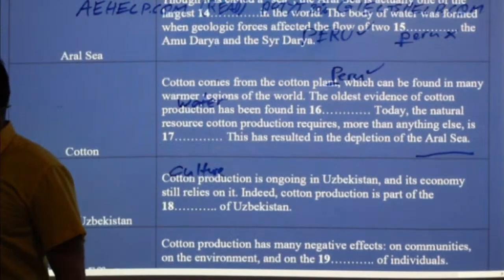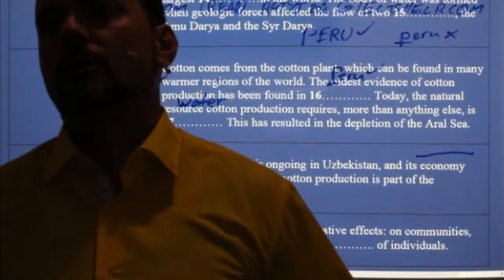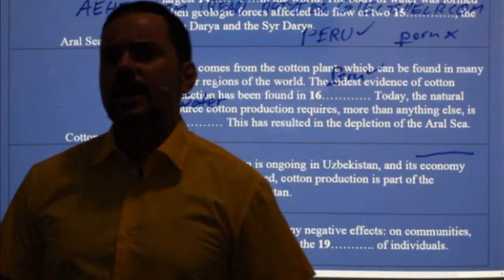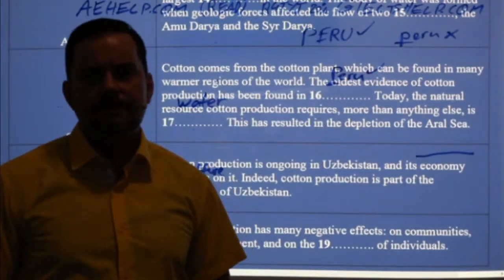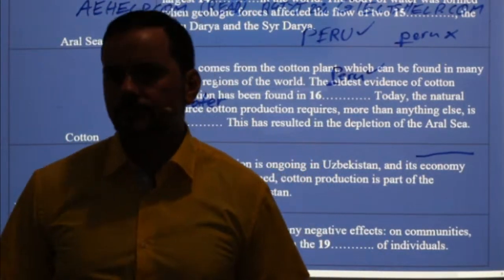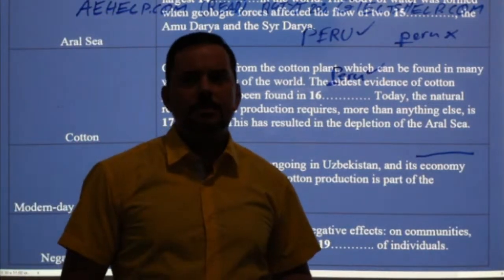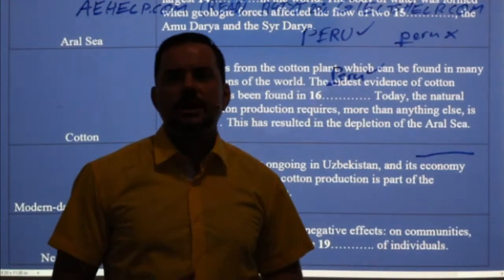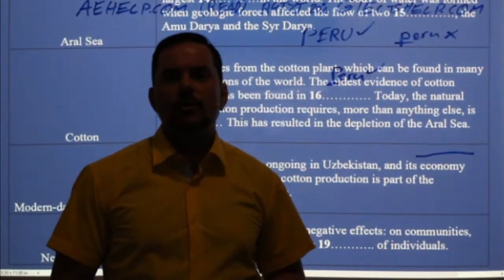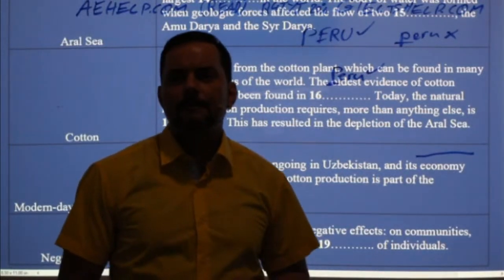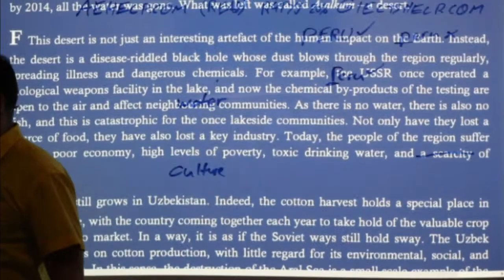So if I don't know that, I can go back. Which paragraph do I need to go to? Let's say that I don't know if it's culture or economy or industry, and I want to check to make sure. Which paragraph do I go back to? A, B, C, D, E, F, or G? Industry could be a part of culture. Yeah, absolutely, Suchet. A certain type of industry could be a part of culture. Absolutely, like fishing for Iceland, for example. Yeah, F. F makes sense because it's modern day Uzbekistan.